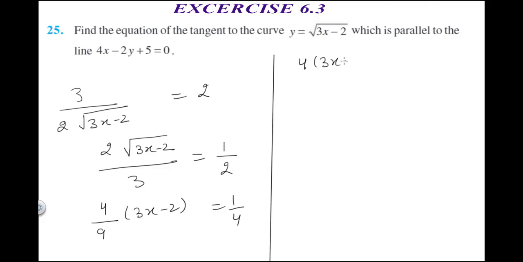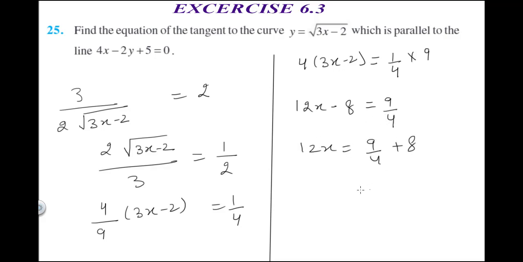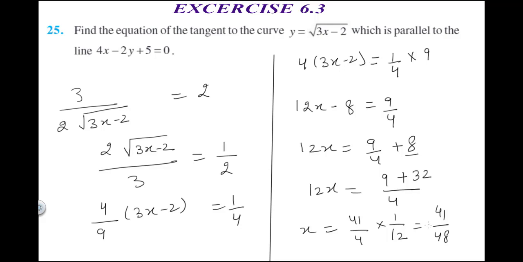4 into 3x minus 2 equals 1 divided by 4, and we'll multiply both the sides with 9. So 4 3s are 12x minus 8 equals 9 divided by 4. So 12x is equal to 9 divided by 4 plus 8. If we take the LCM as 4, we get 9 plus, here we are going to multiply with 8, 4 8s are 32. So we will get x equal to 41 upon 4 into 1 upon 12,